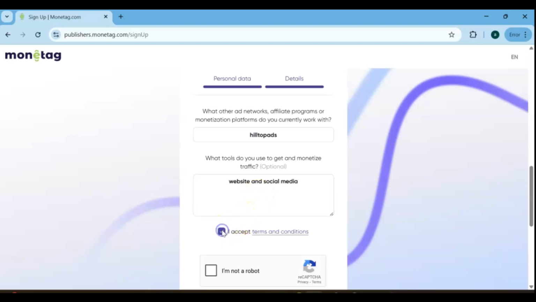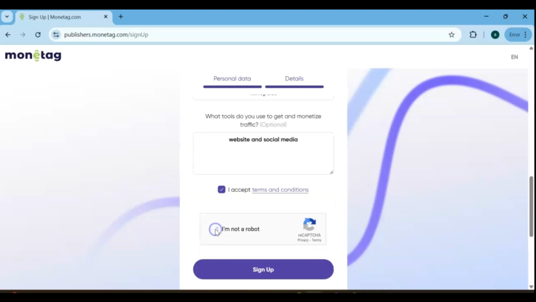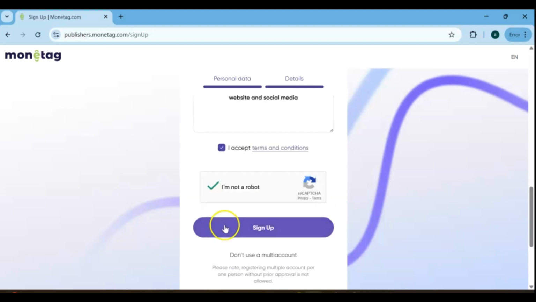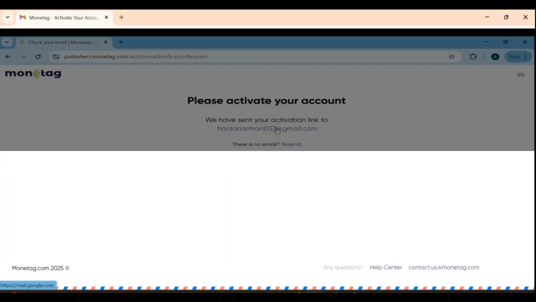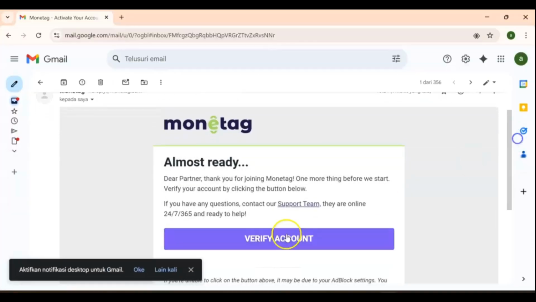At the end of the form, make sure to fully accept the terms and conditions, confirm that you're not a robot, and then click Sign Up to complete your registration. After submitting the form, you'll be redirected to an account activation page. To activate your account, simply open the email you used during registration and click on the Verify Your Account link